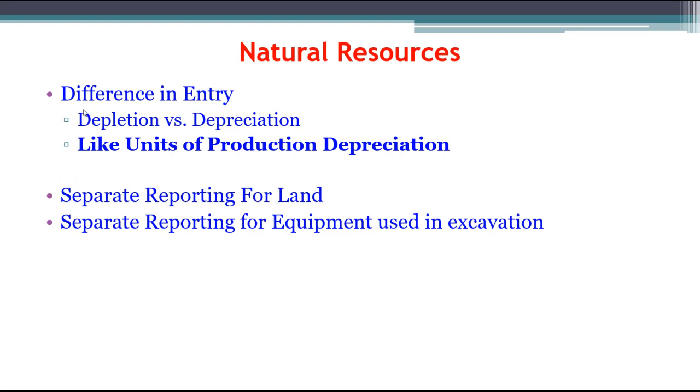With these assets, we have yet another term. It's called depletion. You're depleting natural resources. You're pulling them out of the land as opposed to depreciation. It's similar in calculation. It's the same basic calculation as units of production depreciation. And you have to estimate the number of tons of whatever mineral or barrels of oil, whatever you're pulling out of the land. Estimate the expected amount, and then deplete it down to that, spread the cost out over that